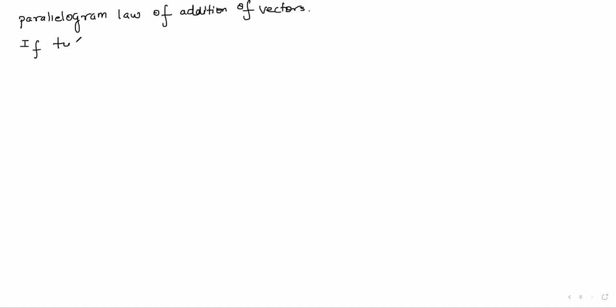Next is parallelogram law of addition of vectors. So what is this parallelogram law? If two vectors A and B are represented in magnitude and direction